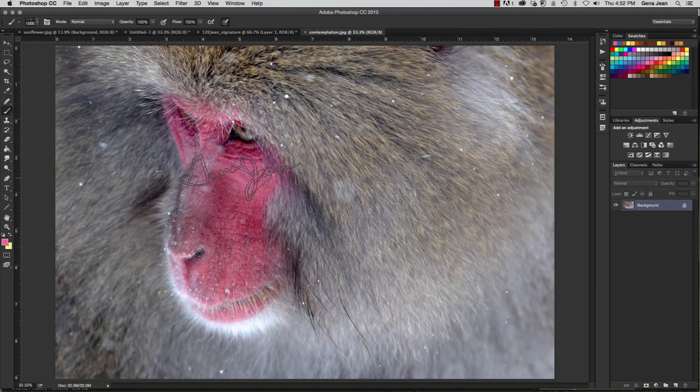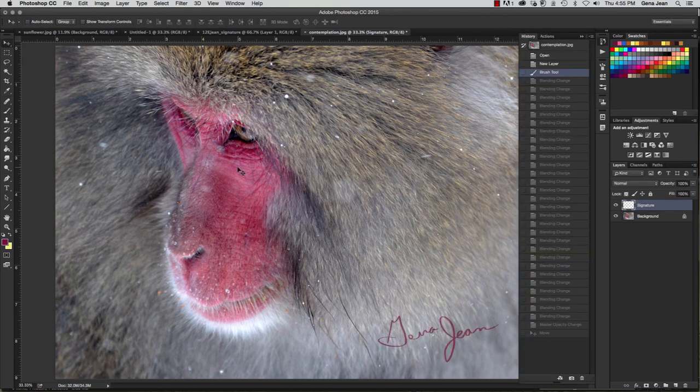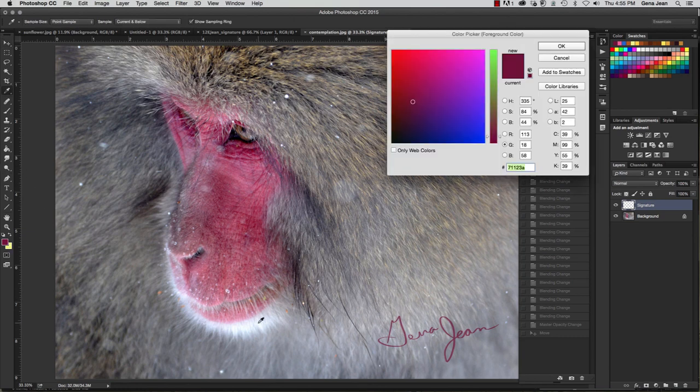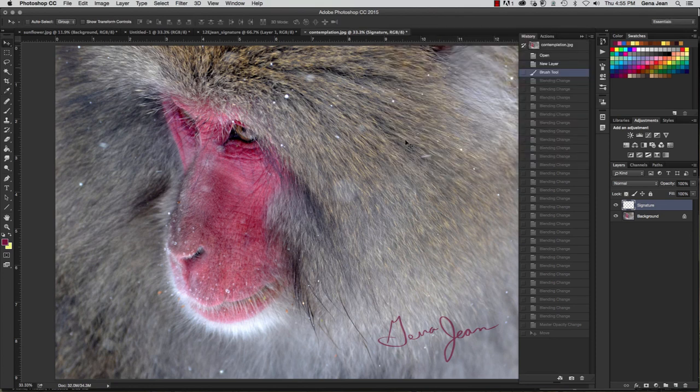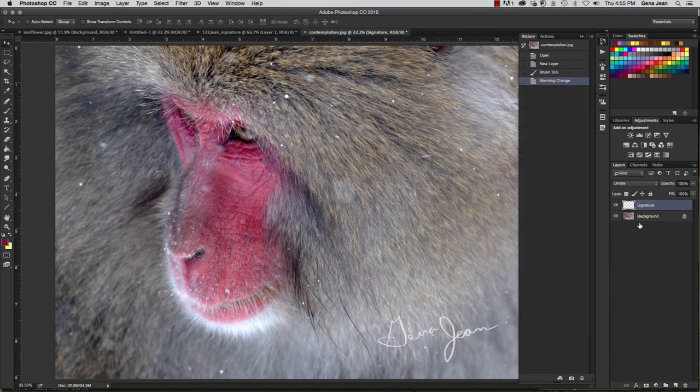You're going to use your eyedropper to select a color for your brush. You're going to create a new layer, Command-Shift-N. I'm going to label this Signature. Select OK. Once you have a color that you think you're going to like, that matches your image, and you've stamped your name, you're going to go through and find a blend mode. Now for this image, I like Divide, which actually removes that pink,